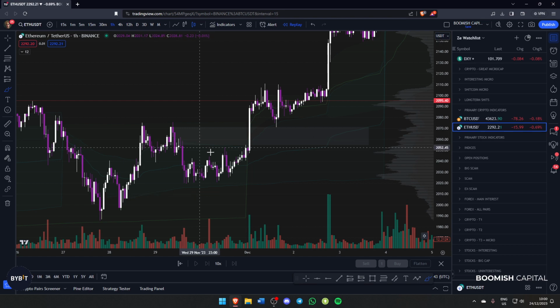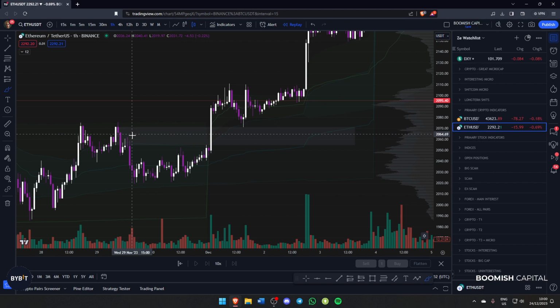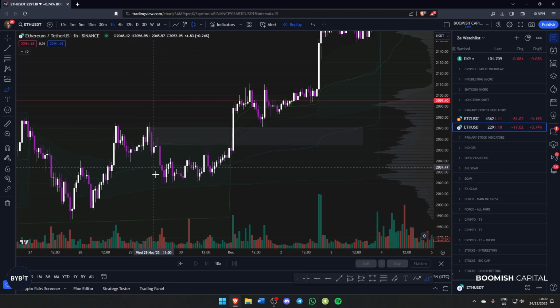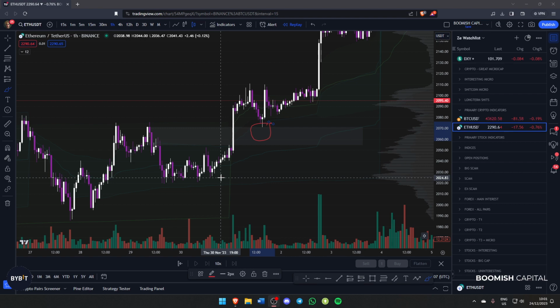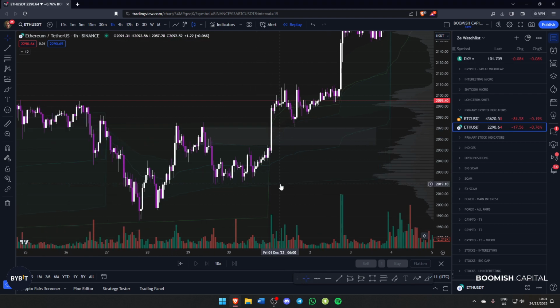Okay, so here you can see order block, boom, we rip through it. And after we rip through it, we retest the order block with this little wick, and that is a breaker. So when an order block is here and you rip through it and come back down to test it, that's a breaker, since we break through the order block and then retest it. And then you want to use that order block as support instead of as resistance, right? So this order block flips into a support,